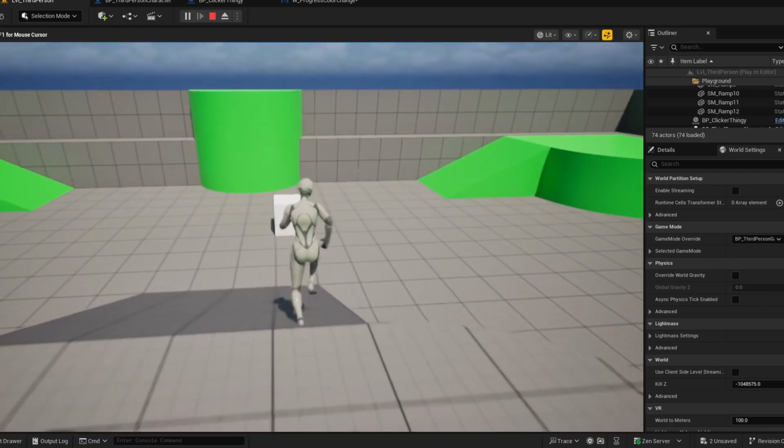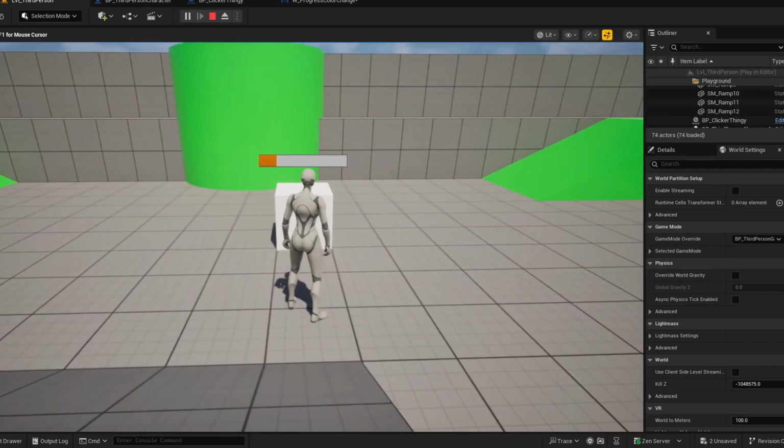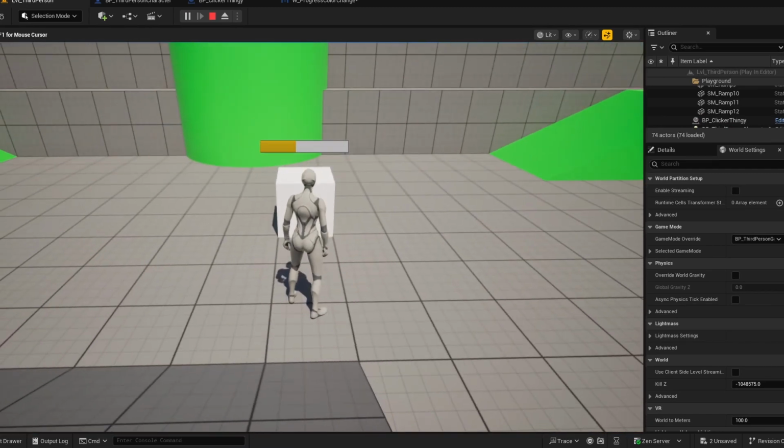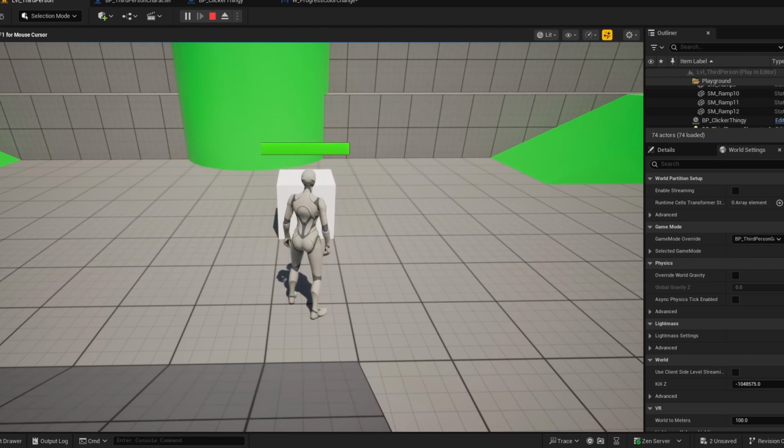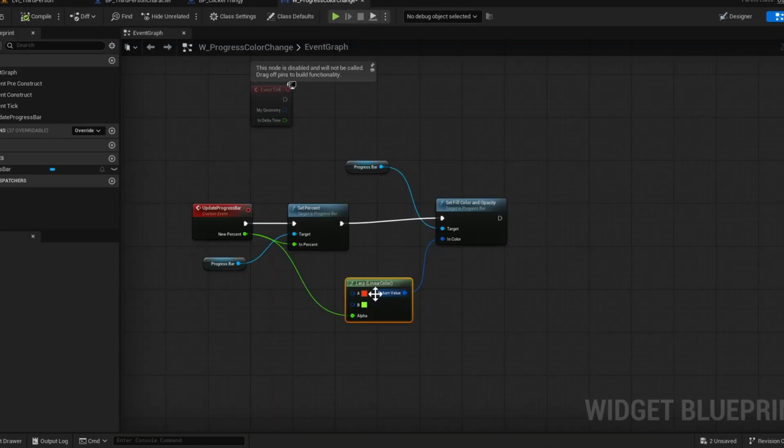So I'm going to go over. It starts, and it started at red, but notice it's turning orange. Then we click it and it turns green. Now, I was trying to think of different ways you would want to clamp this value or somehow make this